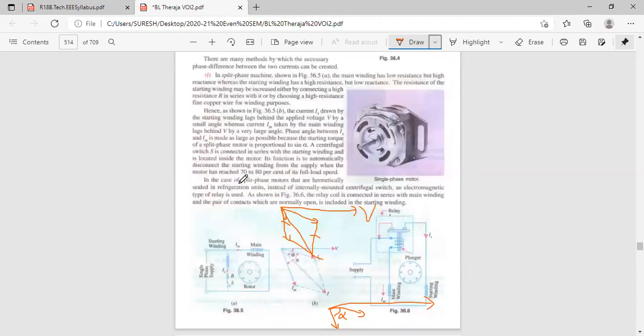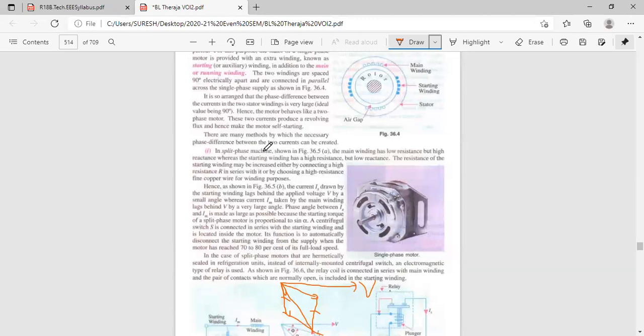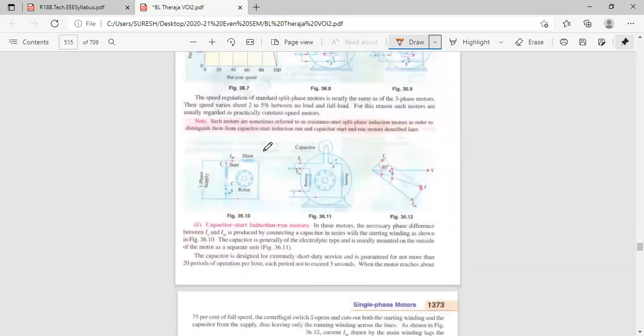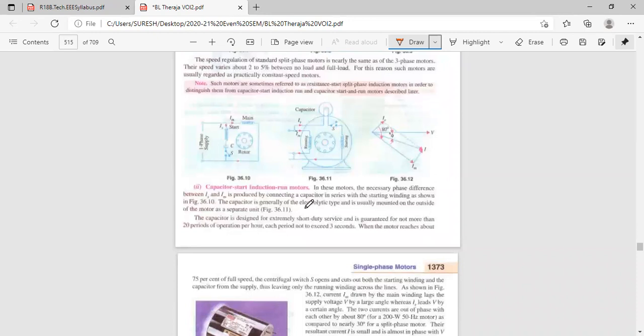In the exam, if they are not saying anything, we have to write only the split phase machine. If in the exam they are asking specifically for capacitor start also, we have to explain the capacitor. Why is the capacitor used? To make the angle alpha more. If alpha is more, torque will be more. That's why you add a capacitor in your ceiling fan.